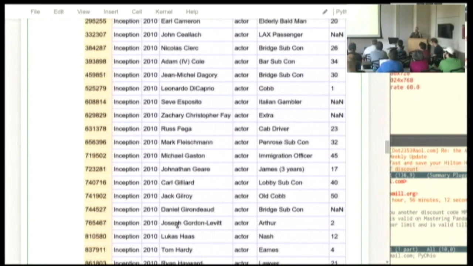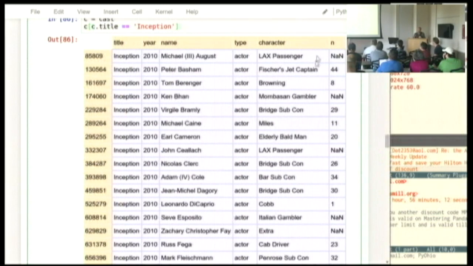That's something you get in writing, and that is a very, very important thing. But the LAX passenger and the Mombassan gambler, in their contracts, they don't even get to specify. In IMDb, I think you have to click through to full cast even to see them.